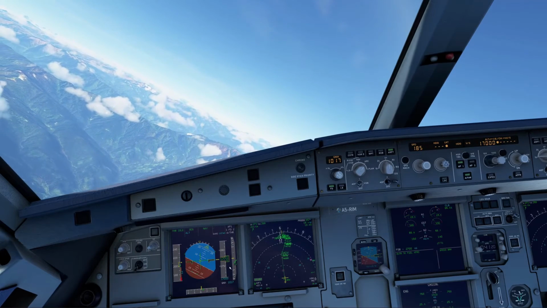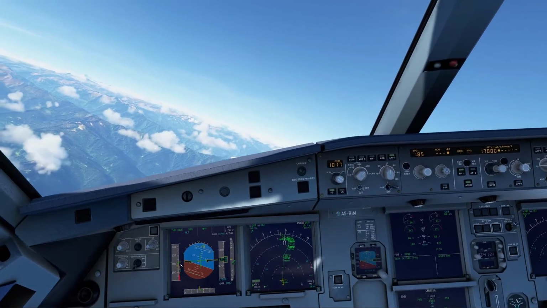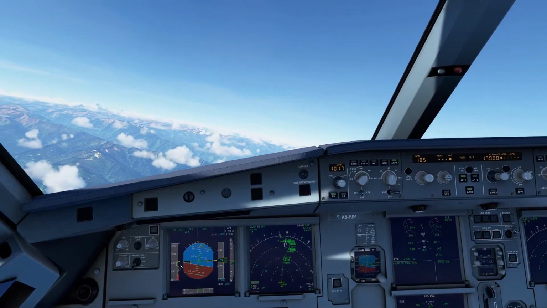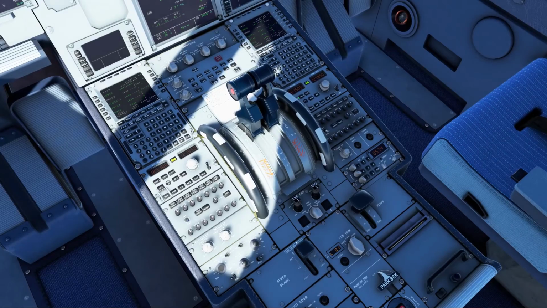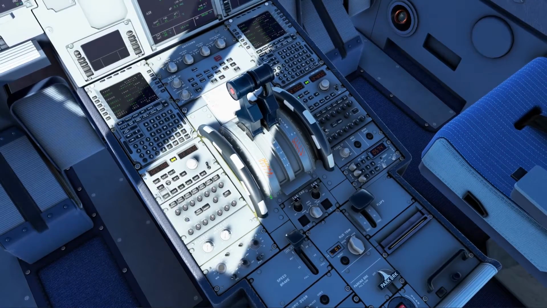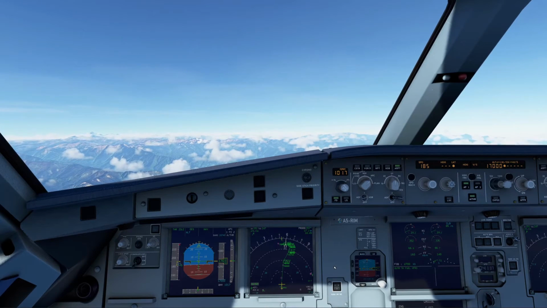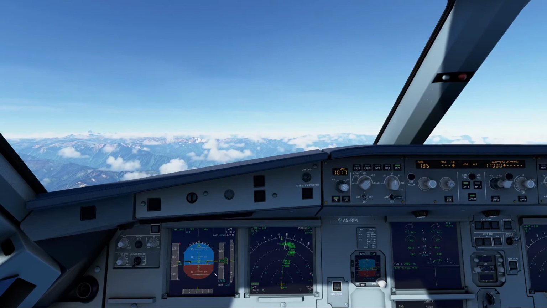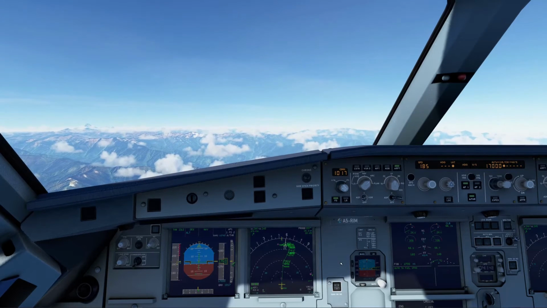Right, so we're nicely descending to 17, nice and early. And now we're at green dot speed, so we'll select flaps 1. And we can take off these speed brakes all the way off. Right, we're at S speed, so we can select flaps 2.